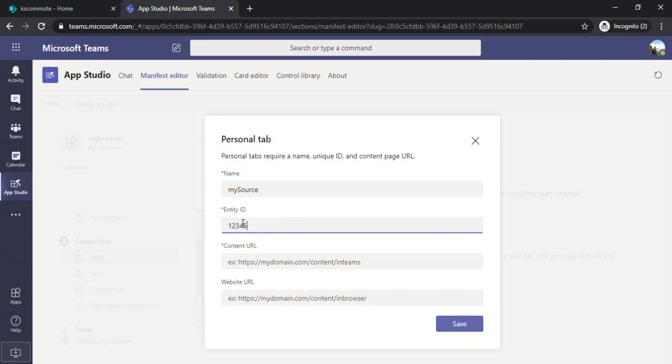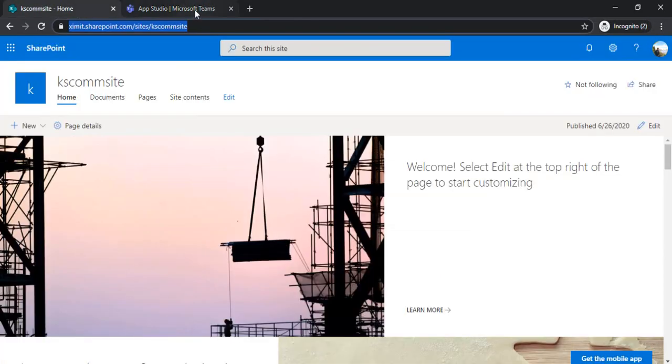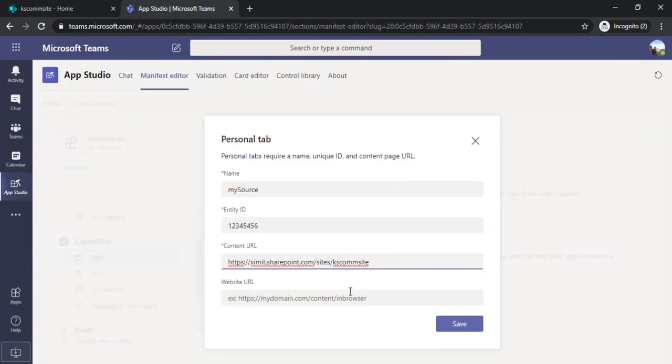and in the entity ID you can specify whatever random number you want, and then the URL, here comes the actual thing. In the URL you have to specify your company's communication site URL, so I'm specifying that. As I'm using the Teams web version right now, if you are using the desktop version, you have to specify the Teams logon page URL.